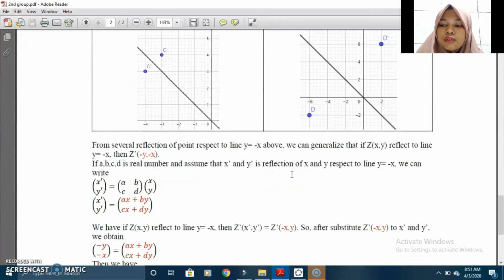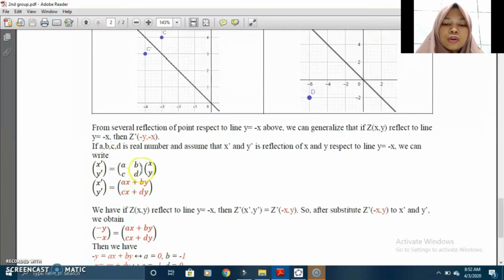So if we have a point, for example Z with coordinates (x, y), then we reflect this point with respect to the line y equals minus x, then we will have Z' with coordinates (-y, -x). So if a, b, c, d are real numbers and assume that x' and y' are the reflection of x and y with respect to the line y equals minus x, we can write